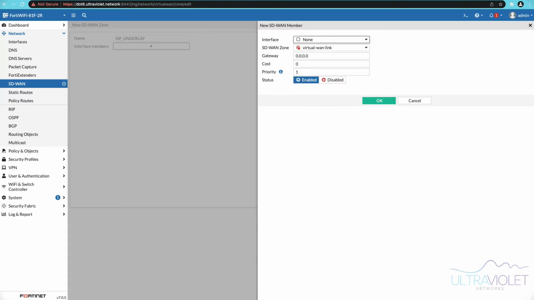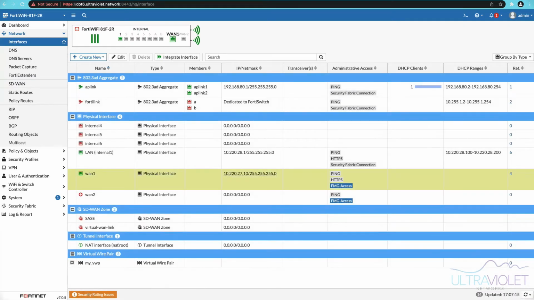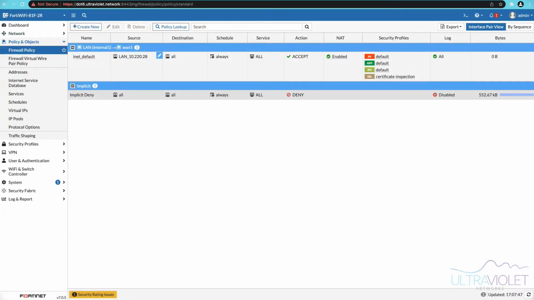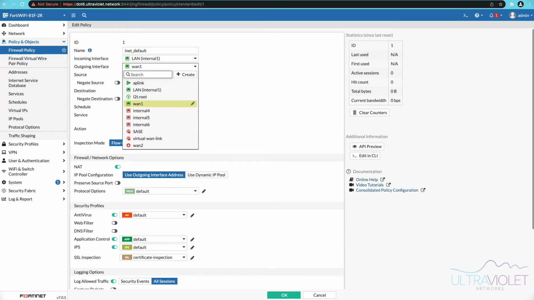One of the rules for SD-WAN members, as is for the virtual wire pair, as we discussed earlier, is that the interface must not have any references to it. So if we take a look at the interface, you can see that there are some references. Primarily, it's being used by the firewall policy that we outlined and created in the last video. So a quick way to do this, because this is a non-production device, is I'm going to just go ahead and change the outgoing interface to,